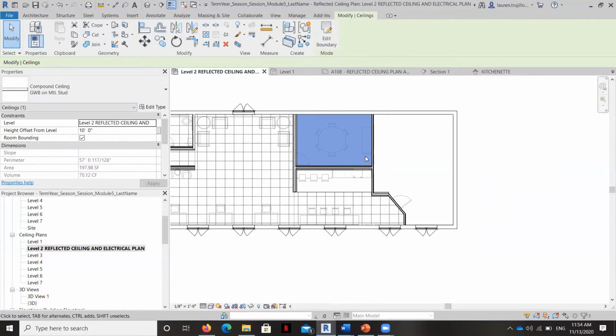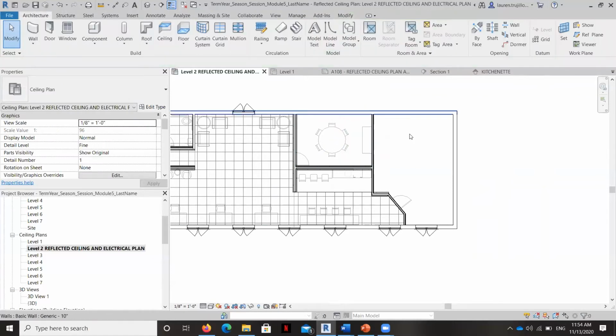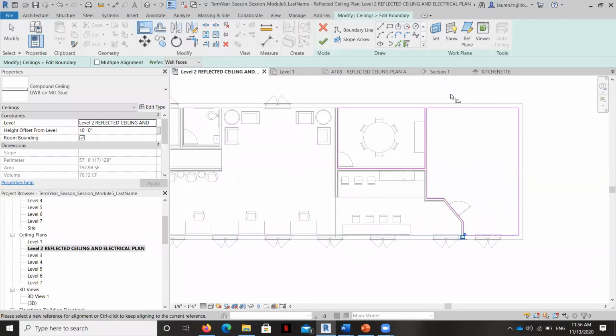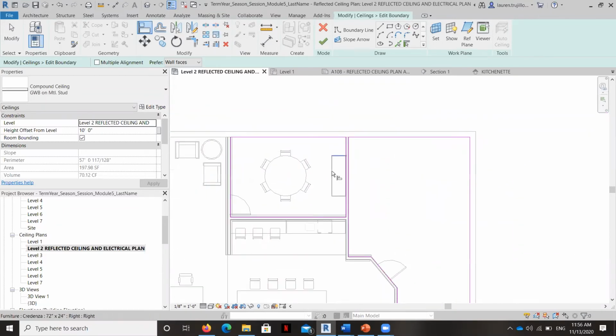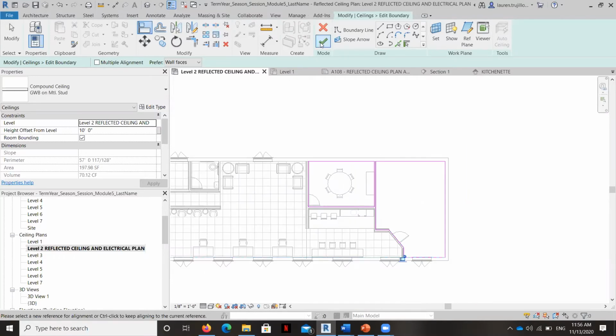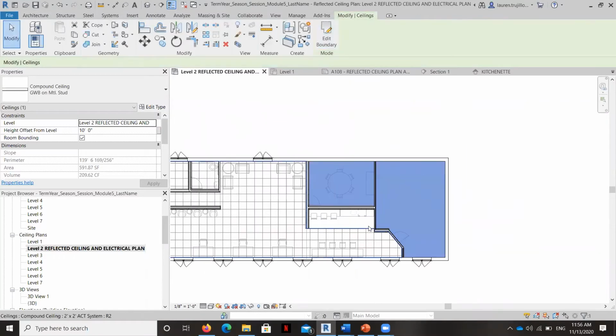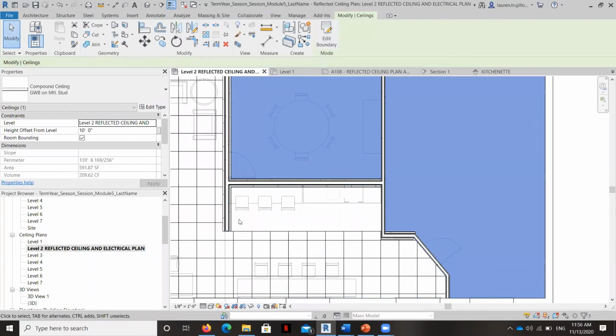And then I'm going to go ahead and edit that boundary and then add the ceiling here as well. So I'll pause for a minute. Okay, so you can see here I edited the boundary and there's two separate boxes here, and you're allowed to have two separate areas so long as they're both enclosed. Okay, so there's our gypsum wallboard ceiling at 10 feet, and now we're going to do this one.